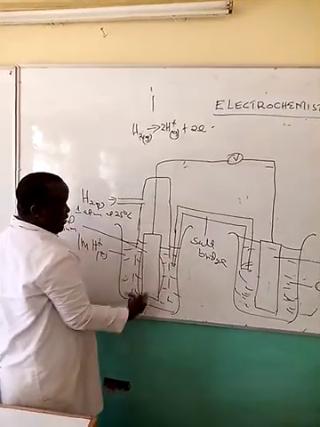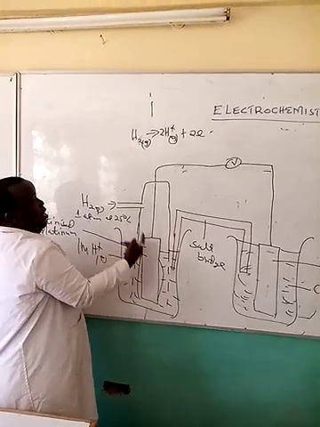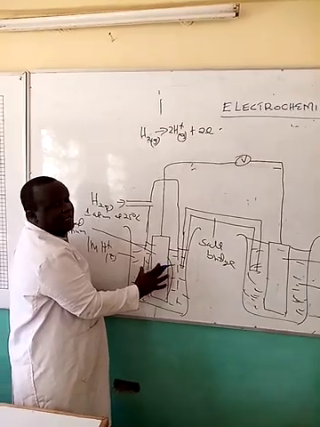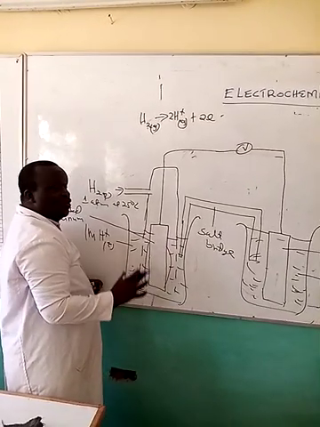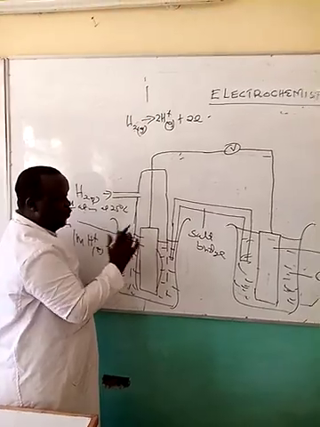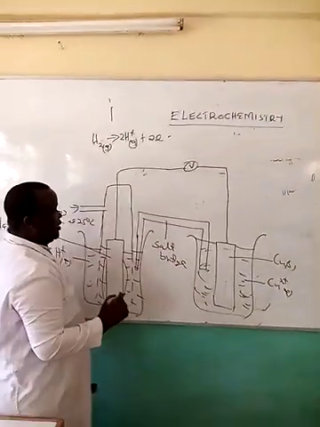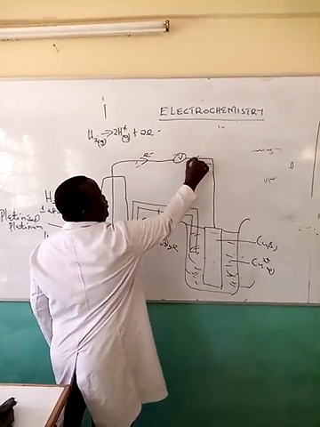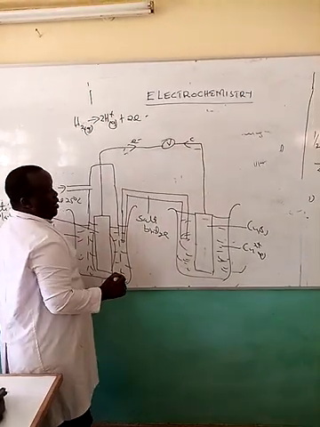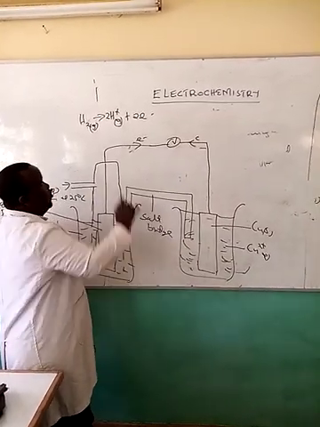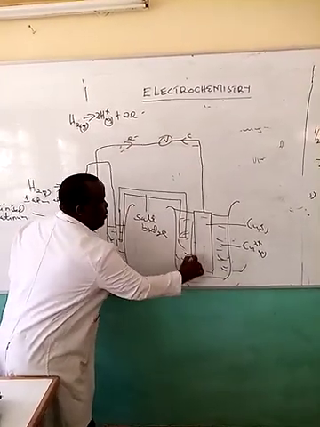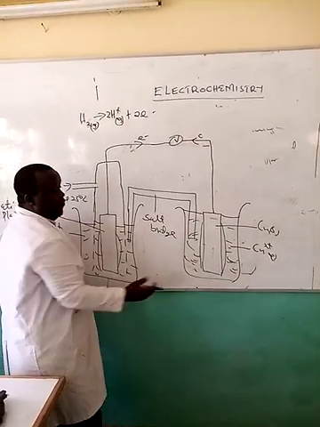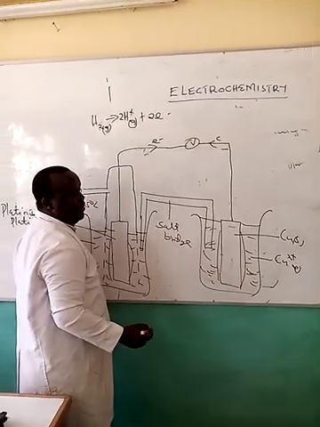So this is the reaction that is taking place on this hydrogen half cell, and as we have agreed, the E0 value, the standard electrode potential of hydrogen, is assigned 0. It's universally accepted that it is assigned 0.00 volts. Now, in this case, the electrons will flow through the connecting wire like that, as the current flows in the opposite direction. The electrons flowing through the connecting wire will be piling up at this copper electrode. And that's why we refer to this half cell as the cathode.